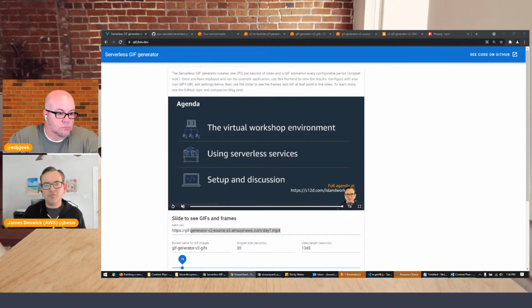You could use reserved concurrency to limit how fast it can scale, for example. But in many cases, you do want it to scale up. And so the great thing about this is it's all really built into that S3 to Lambda integration. It's not something you need to think about or worry about. You just need to make sure that you're writing code that can process those events and get the work done